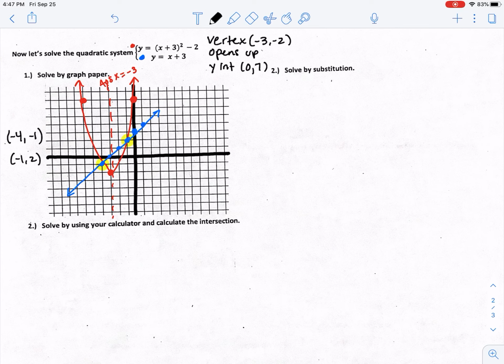Okay. Now, we can solve this by substitution as well. To solve it by substitution, let me rewrite these equations real quick. I'll show you what I mean. We're going to substitute one equation in for the other. So I'm going to choose to substitute the first equation into the second for y. So I have x plus 3 quantity squared minus 2